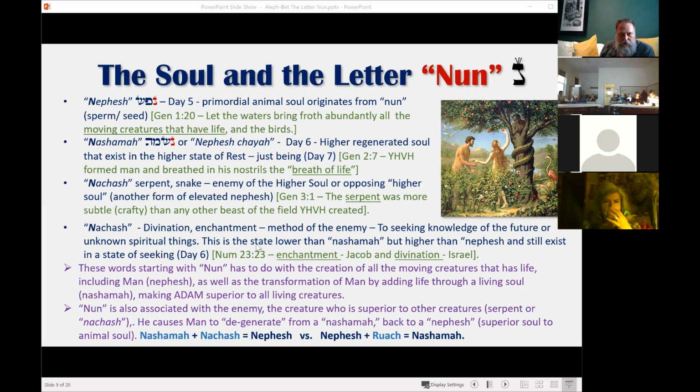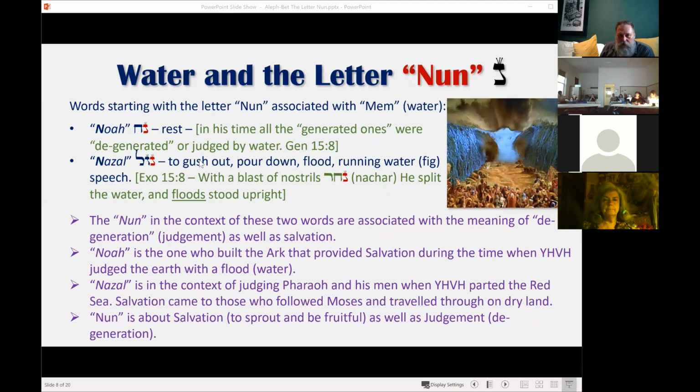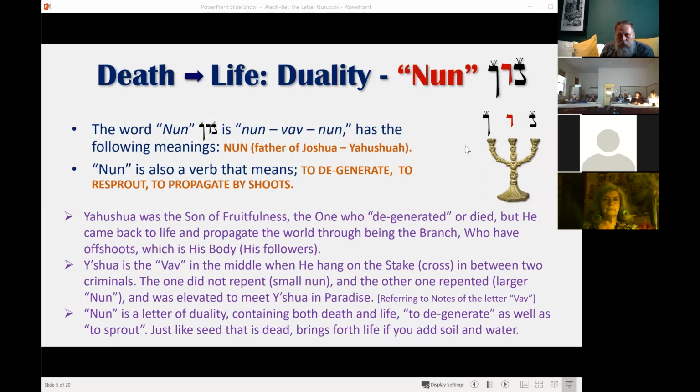So that's how the enemy wants to pull us down, and how the Ruach, or Yahweh Spirit, wants to pull us up. Those two opposing forces are working against one another, and man is the object of that force, right in the middle. I just want to quickly go back to that menorah pattern. So we see that man is the object.